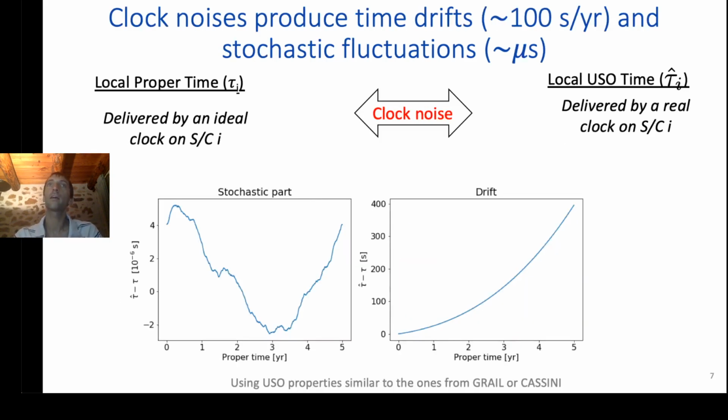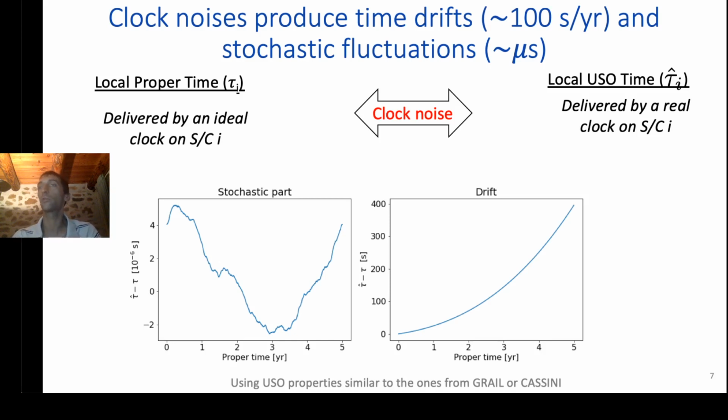On the other hand, if you are taking some property for the clock noise, you can see that the user time will be different from the proper time, and there will be some drift here that is of the order of 400 seconds over 5 years. And then you can see that there will be some stochastic fluctuation of the clock time with respect to proper time, which is of the order of 10 to the minus 6 seconds. So you can see that relativity in clock noise can introduce large drift and large stochastic variation or periodic variation